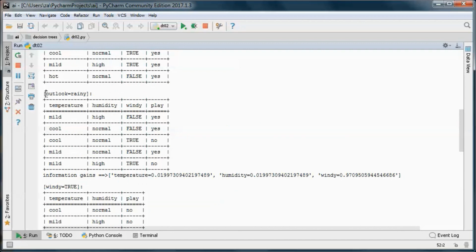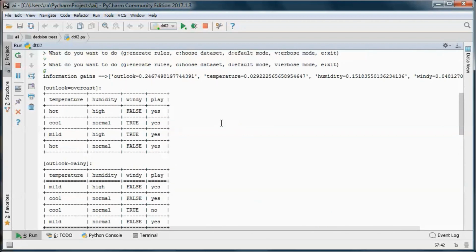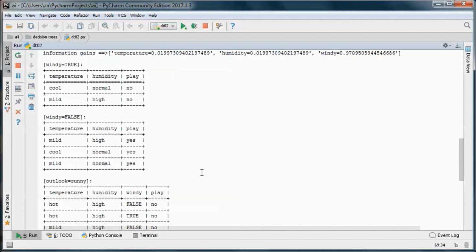So here we have this data set for Outlook is rainy, and we calculate the information gains, and we find that windy has the highest one, so we split on that. And if windy is true, the decision is to not play outdoors, and if it is false, the decision is to play outdoors.